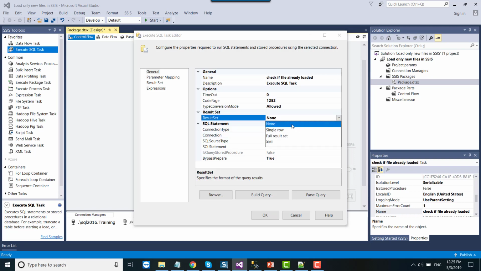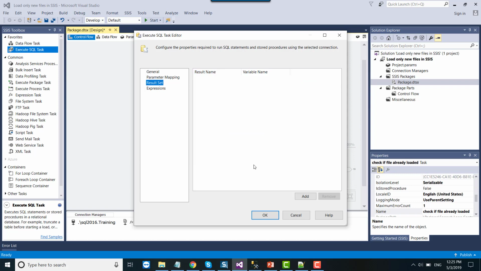Under result set, we can select single row, and click the result set name as 0, and then store the result returned from it inside the is file already loaded variable. So a non-zero value means the file is already loaded, and a 0 means the file is not loaded.